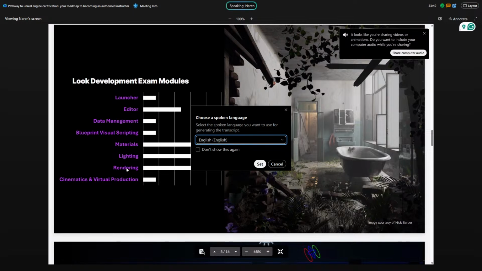materials, lighting, rendering, because all the last 4 are interconnected. If you want to see the materials, you need a light, and even if both material and lighting are there, only if the rendering setting is good will you be able to see a first class output. Because if we miss any one of these, the output won't look realistic. And cinematics is like adding different lens flare and other contents.